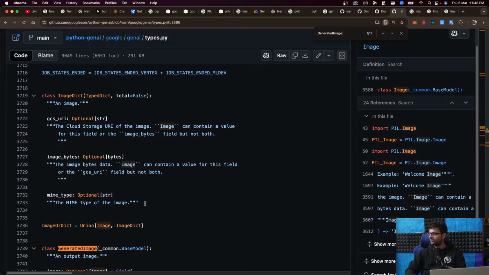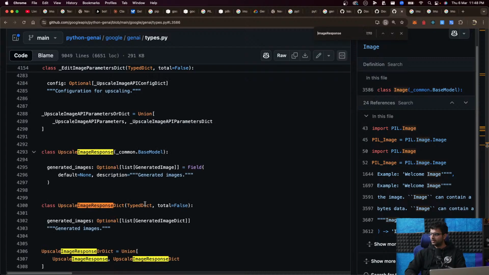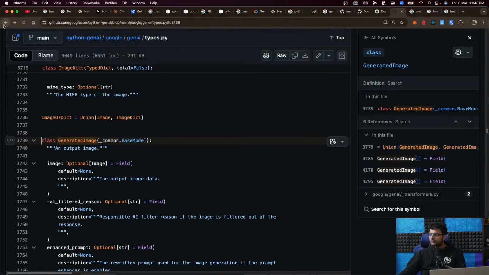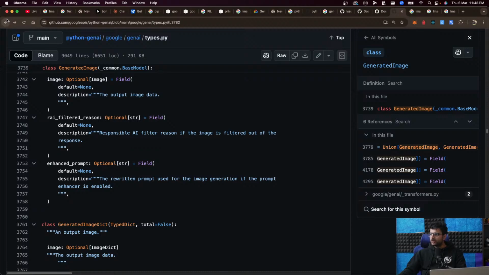GenerateImageResponse, image response, generate, upscale edit. What was it? I just saw it. Go back here. This returns, sorry, go back one more time.